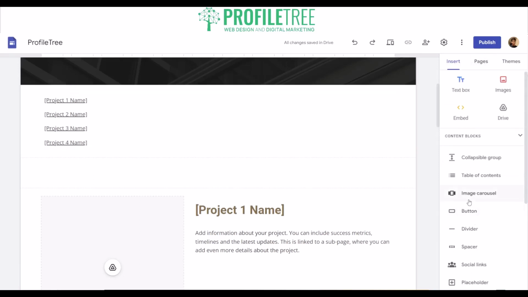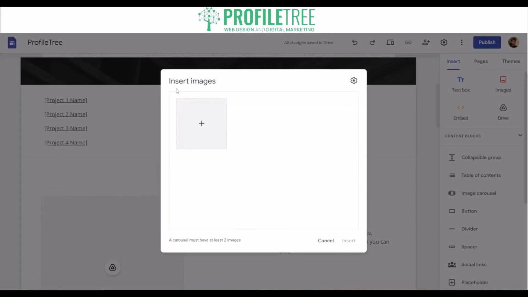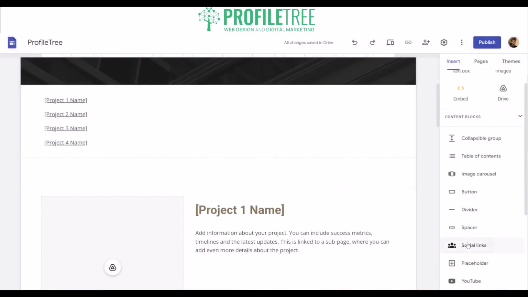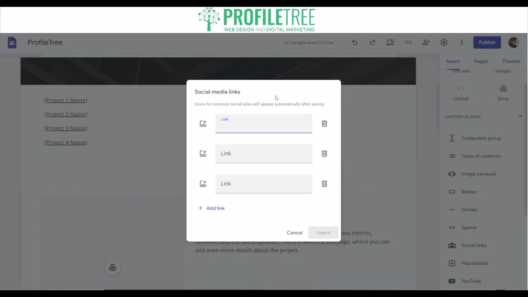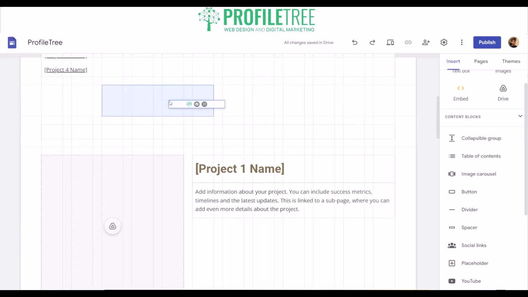You've got an image carousel, so you can just drag and drop them in. Where I would have to add a couple of images, of course. So we'll cancel that for the meantime. I can provide some social links, so I'll go ahead and do a couple now. Now there's a couple of social links added. As you can see, it is a snap to object